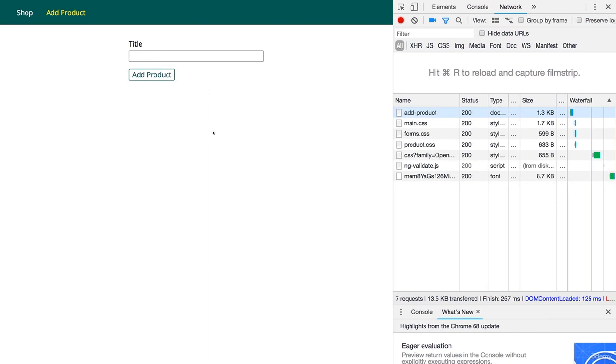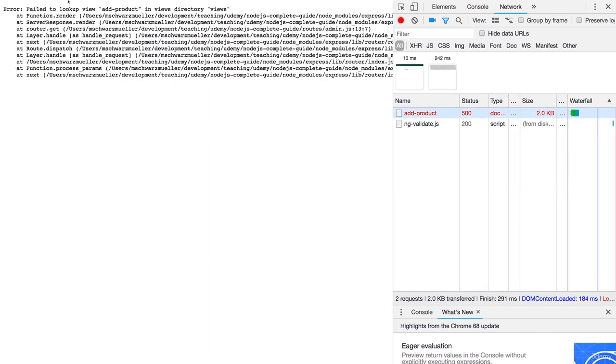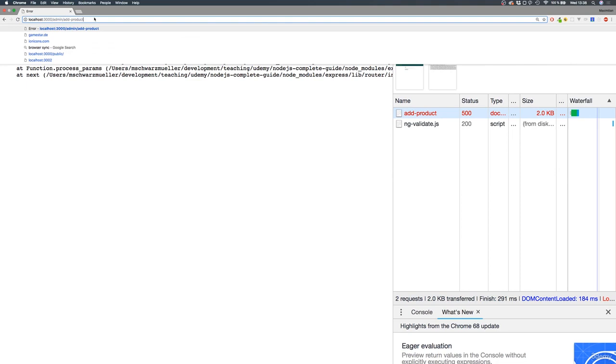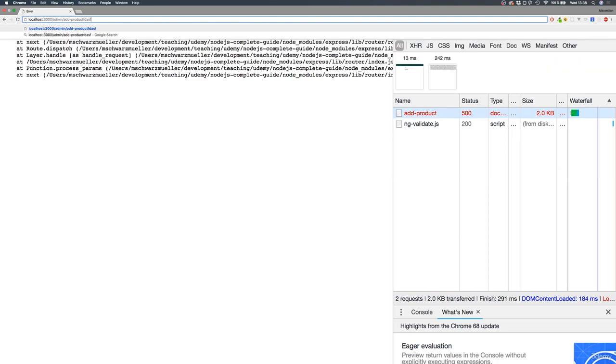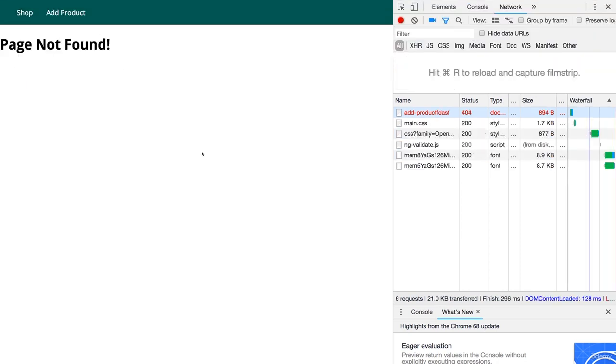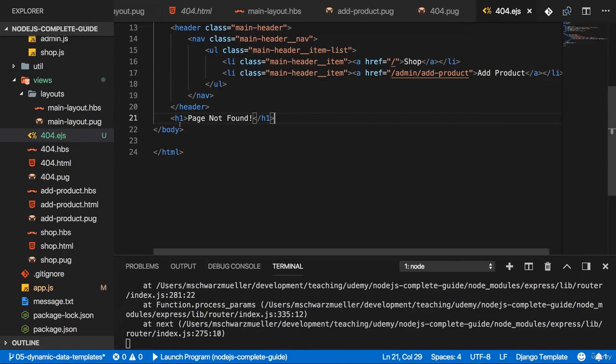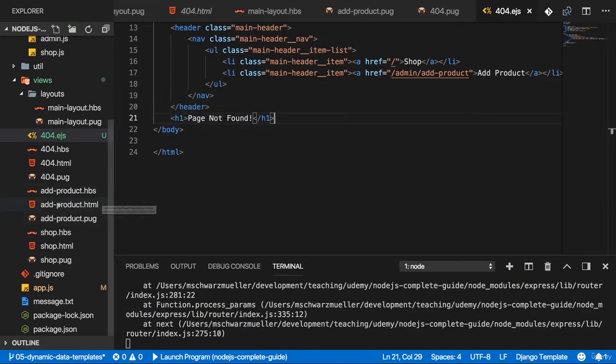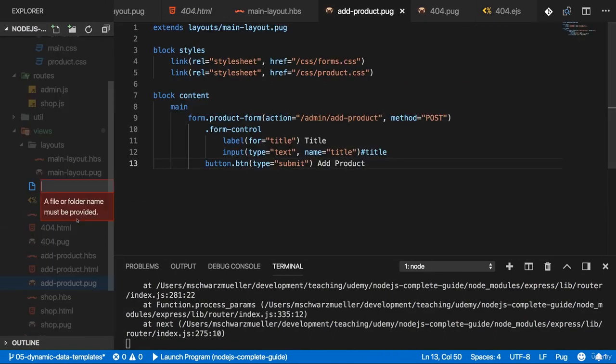If I now save this and I reload here, I get an error for add product because we got no EJS template for that yet. But if I enter anything else which is not found, we do indeed see our not found page rendered through EJS. So this is now working, and with that, let's move on to add product. Let's add the